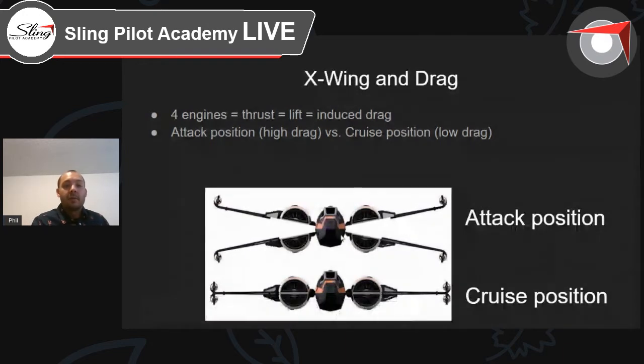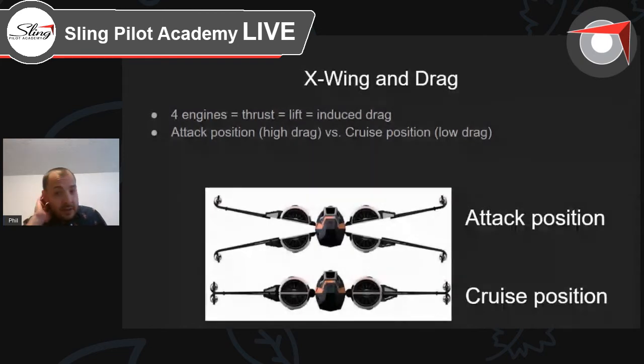You've got a bunch of surfaces that are sharp angled and geometric rather than smooth and with curvature, kind of like the F-117 stealth fighter, that's all geometric and very rigid in its form. You've got a ton of not only induced drag from the lift that it's producing, but a ton of